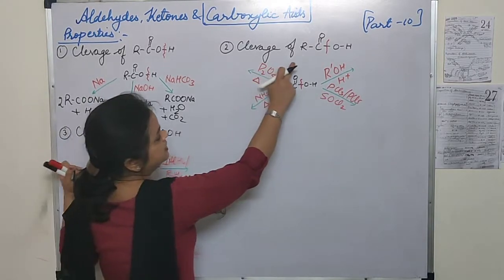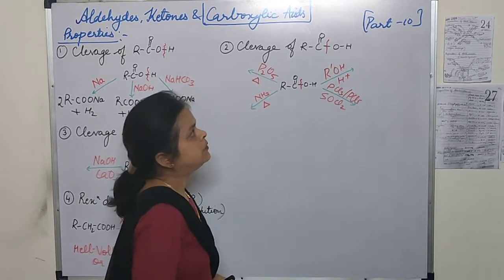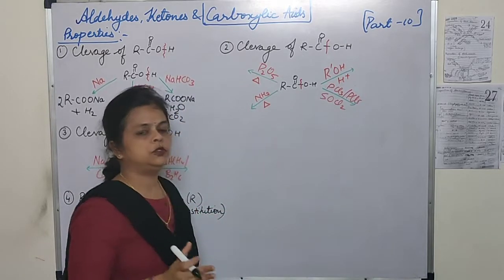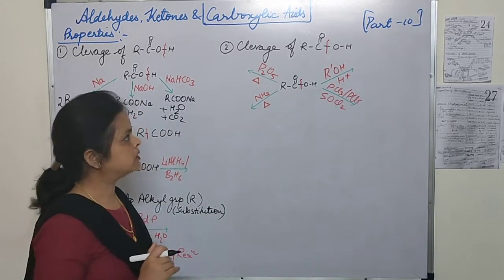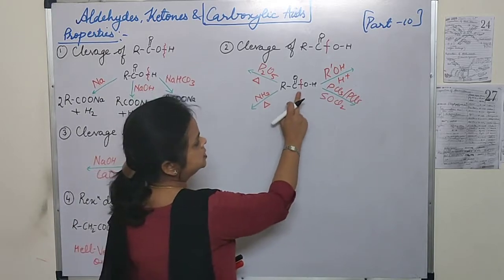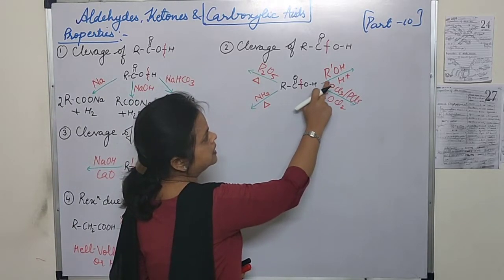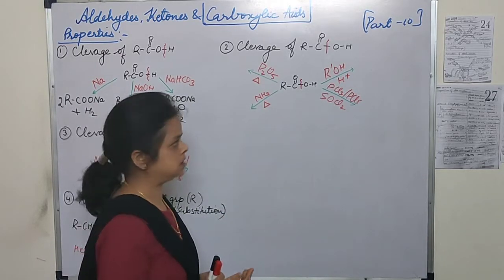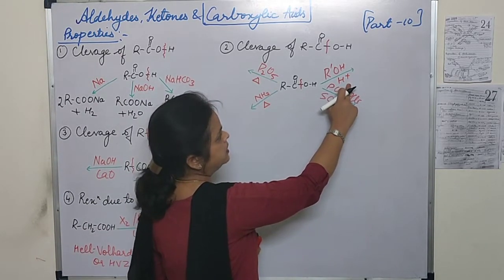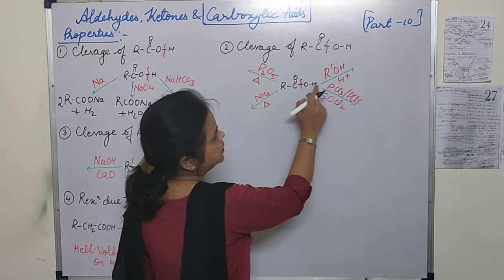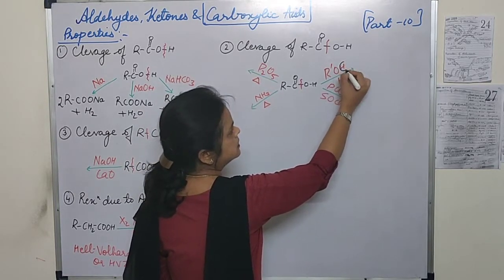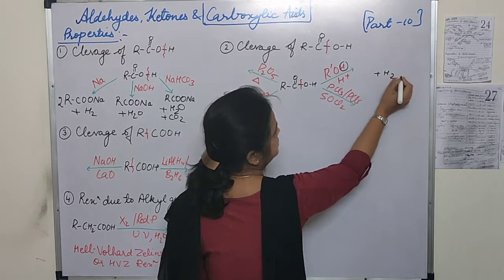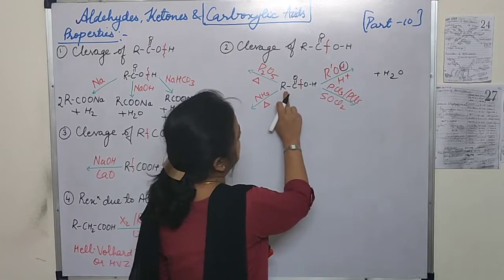Second part, cleavage of the C-OH bond, where this bond is going to be cleaved. Students, in this category we are going to form the 4 derivatives of carboxylic acid. We know this reaction when carboxylic acid combines with alcohol. Acid and alcohol combine to form ester in the presence of acid. Here this OH will combine with this H and come out in the form of water. The side product will be water.